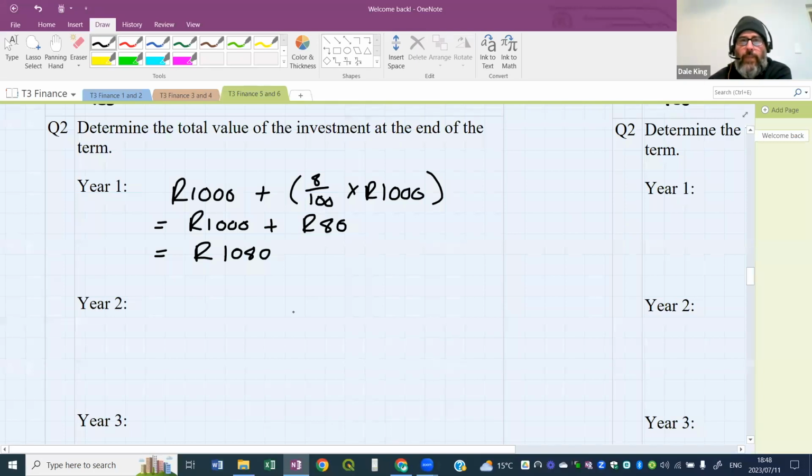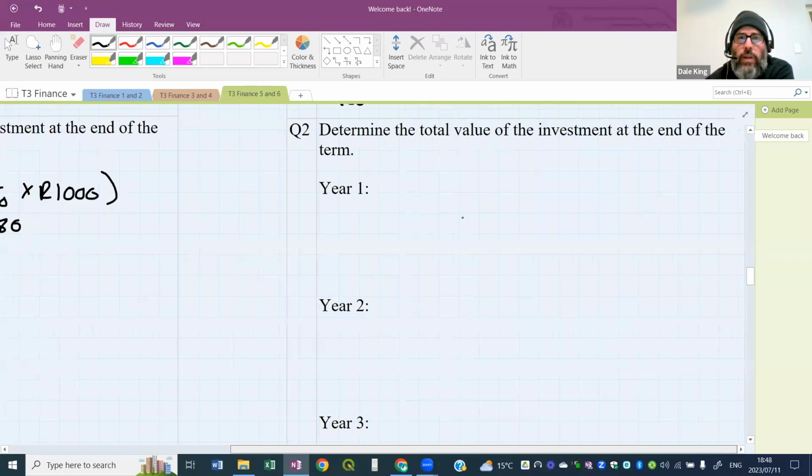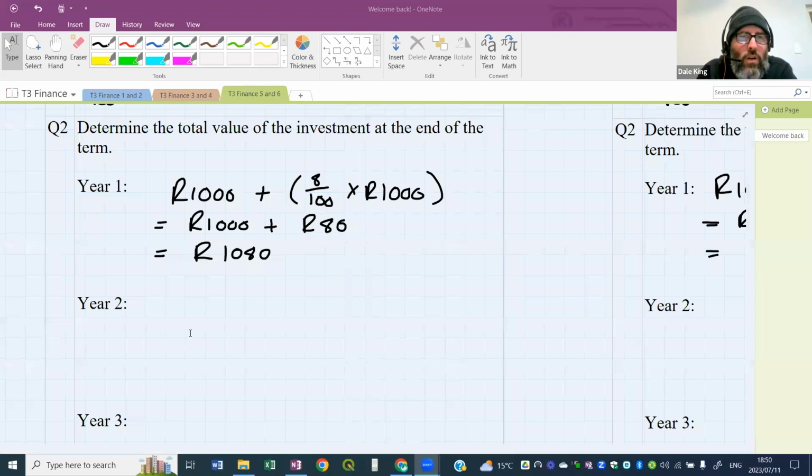All right. Okay. Now, this is where things start to change. I'm going to do the same calculation on the other side here for the compound interest formula. It is exactly the same. In the first year, you earn 8 percent of 1,000. So at the end of the first year, in year 1 for simple interest, we've got 1,080 Rand. All right. Now we're going to rerun this calculation. Okay. And this is what happens.